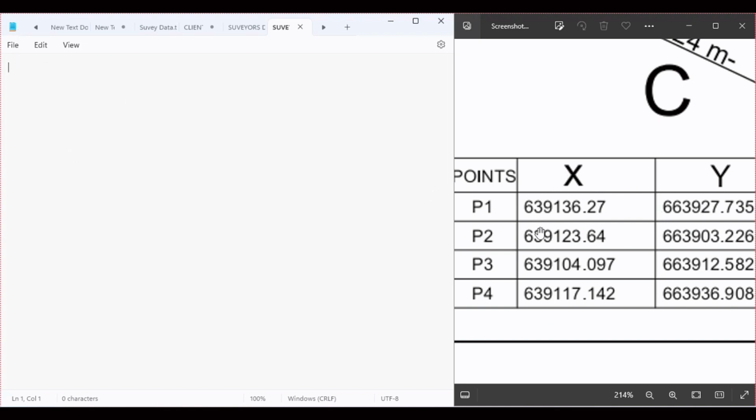So the first coordinate is 63, 91, 36.27, and we put a space bar and we type for y-axis 66, 39, 27.735. Now there are some little corrections we have to do. On the y coordinate we have 3 decimal places, and on the x we have 2. So we are just going to add 0 at the end, and the surveyor didn't give the z axis, so